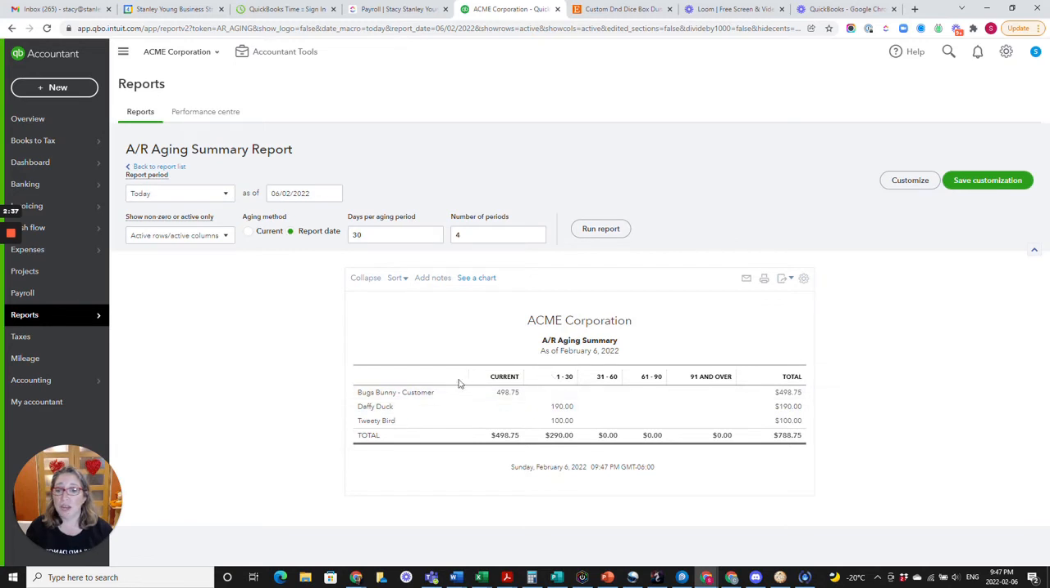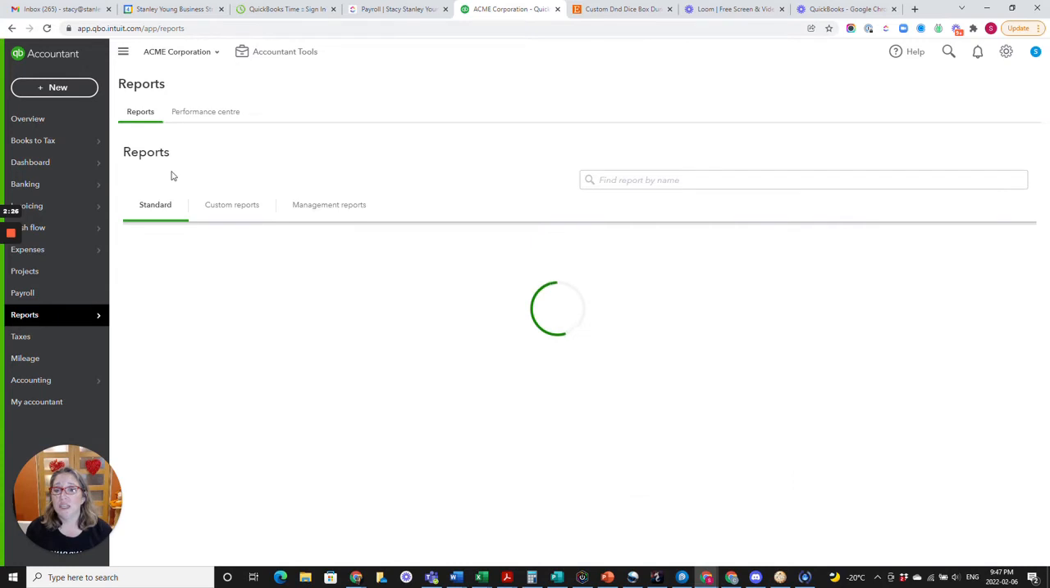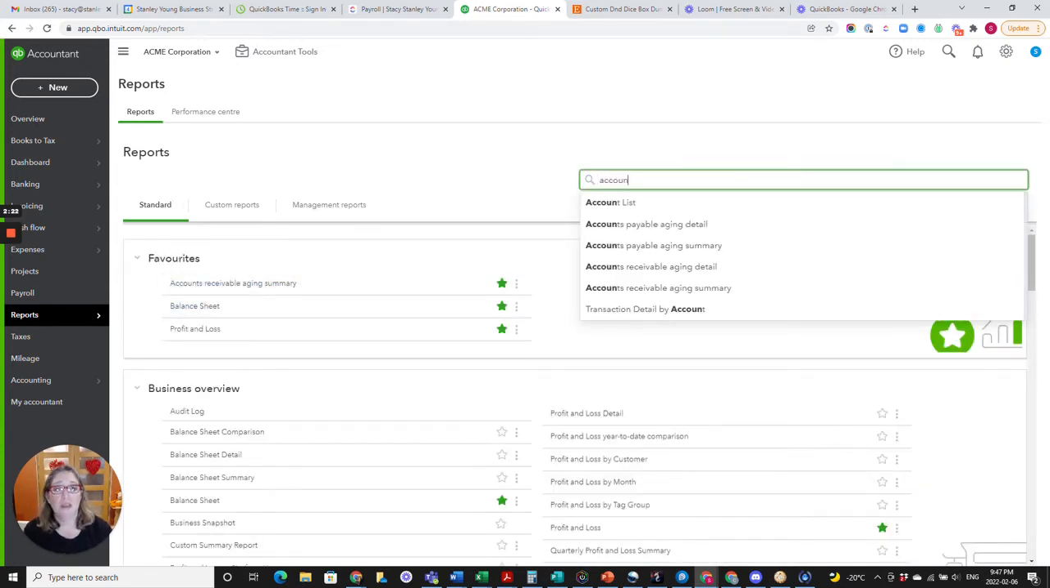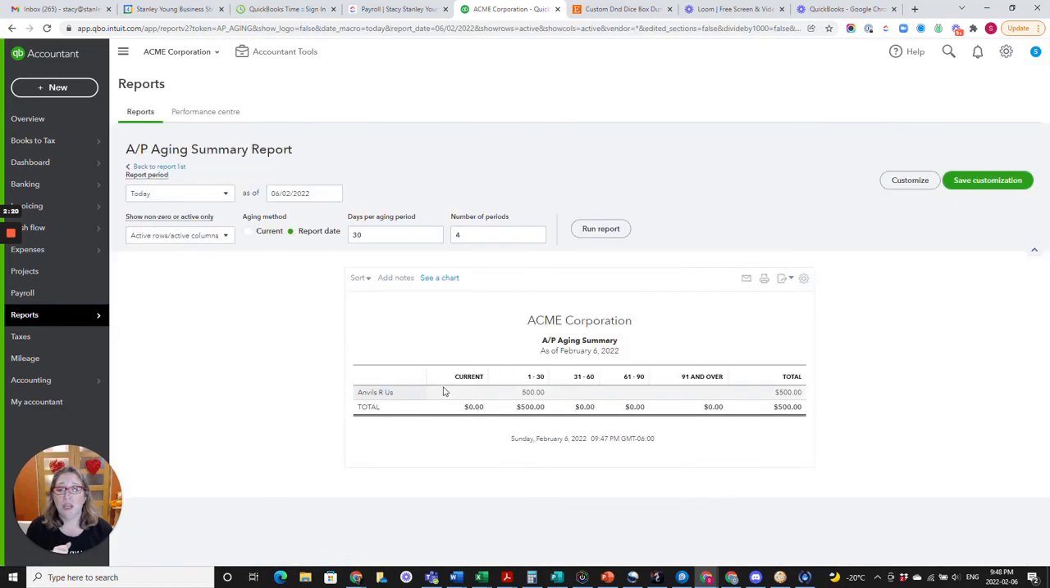that I should be getting $498.75. Remember, that's $475 plus GST. I should be receiving that money from Bugs Bunny. And if I looked at the accounts payable summary, I can see